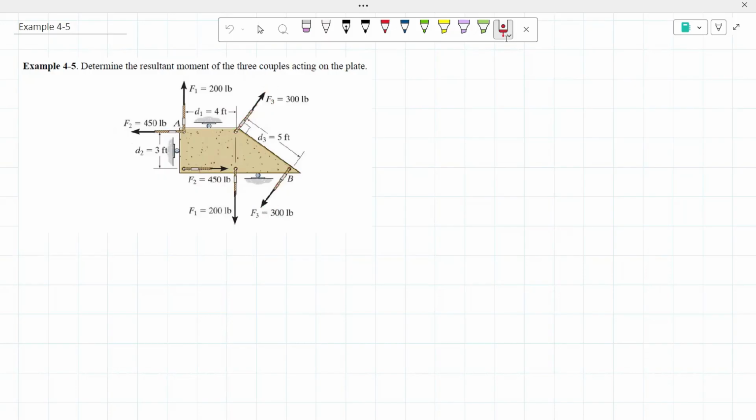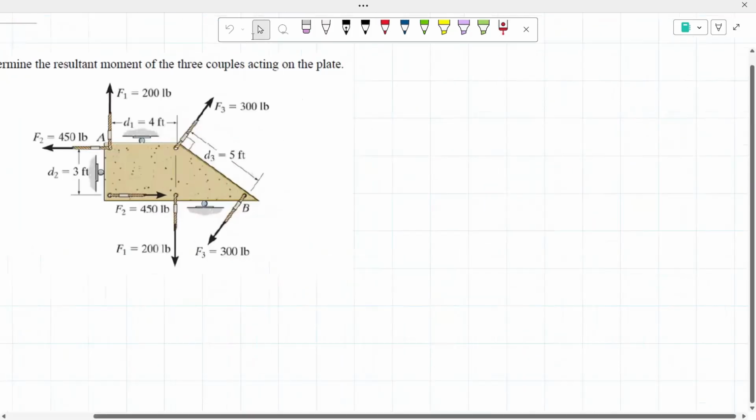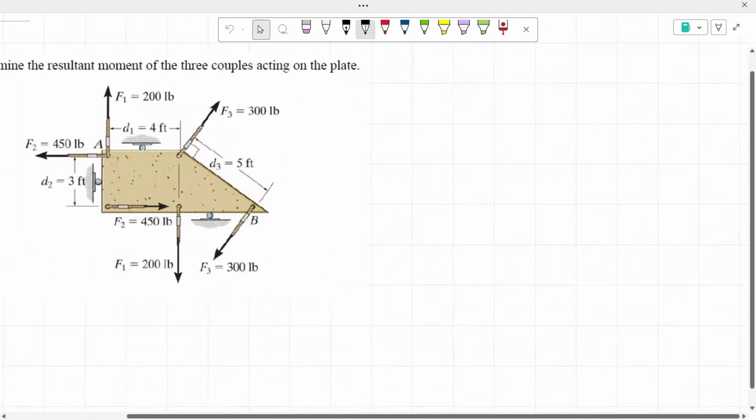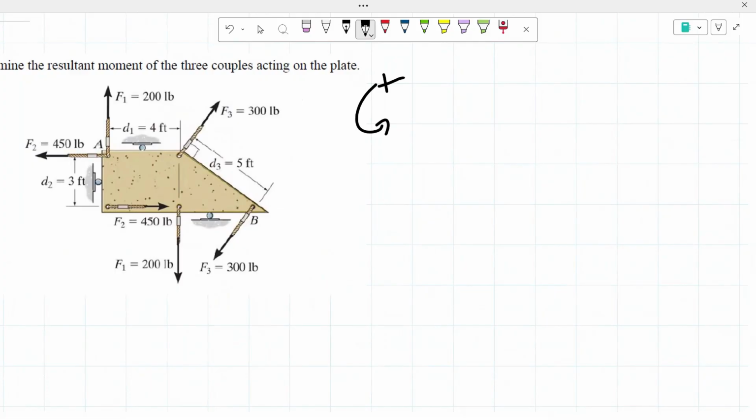So from there, what we're going to do is take that resultant moment about the plate. We're going to start off this example by writing out our sign convention. We know that counterclockwise is assumed to be positive. From there, we know that our resultant moment is going to be equal to